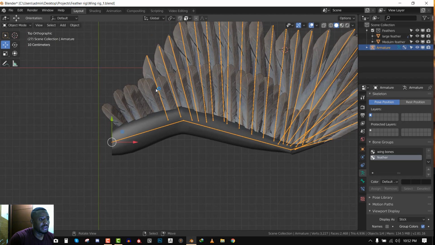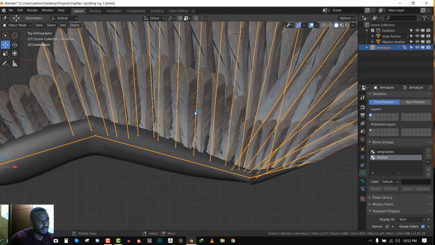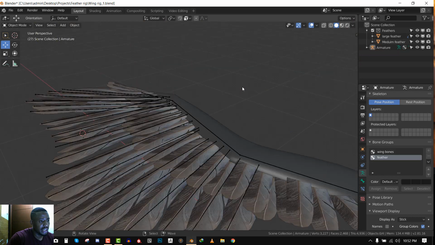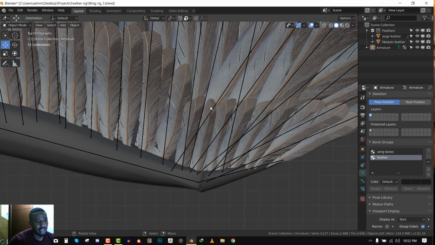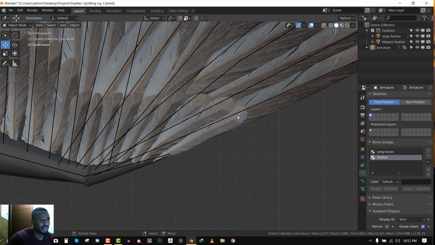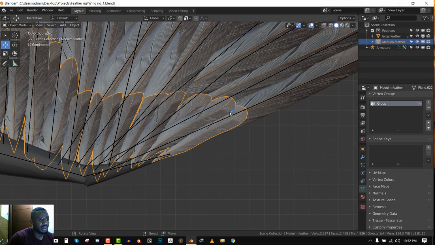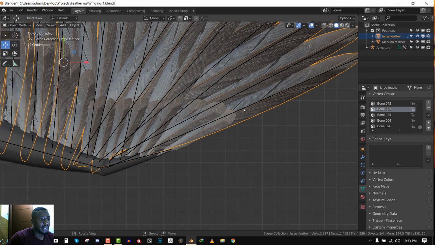Yeah, so let me do that quickly, and I will come back when I'm done. Let me just show you a quick example, because this may be a bit confusing, because they're not correctly aligned. So you want to just use your artistic skill and kind of predict the bones you want to influence a particular feather. For example, we have these two feathers. Before that, let's bind it. So Control P with empty groups. Okay, and